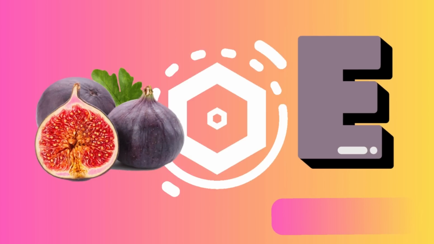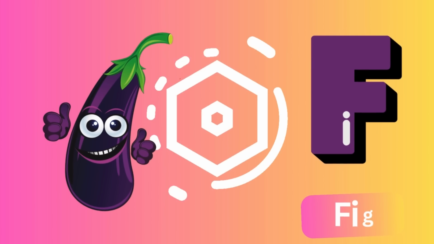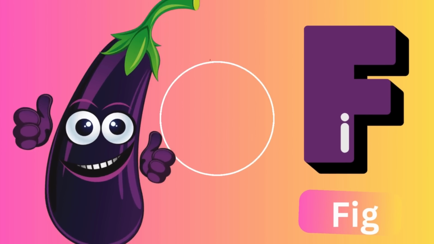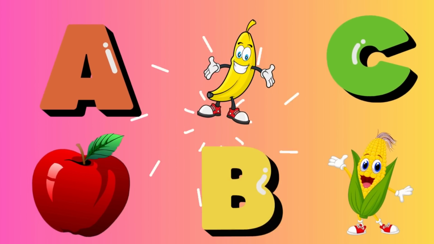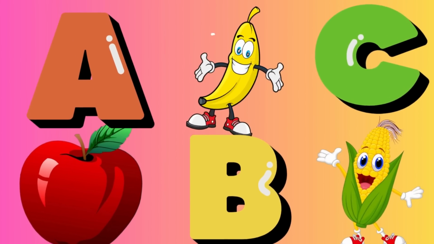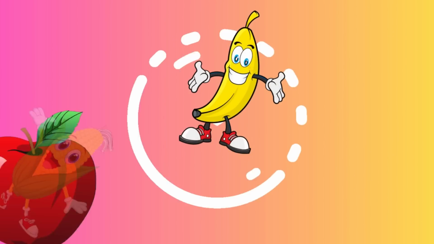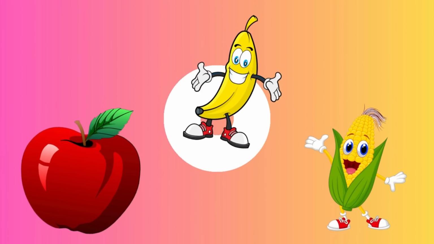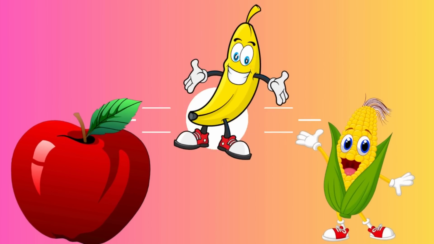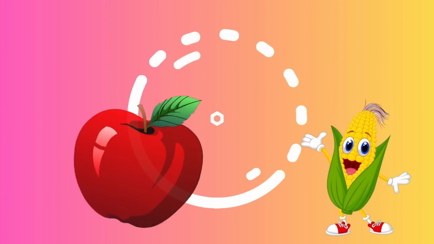E is for eggplant, F is for fish. It's ABCD fruit song. G is for